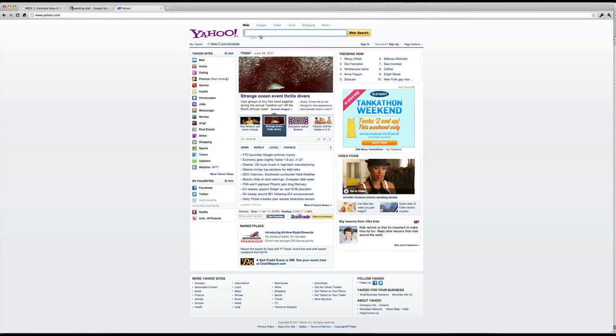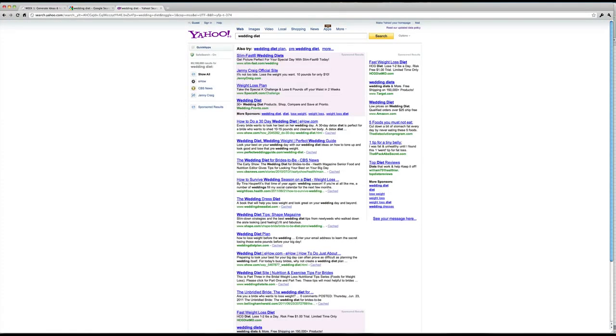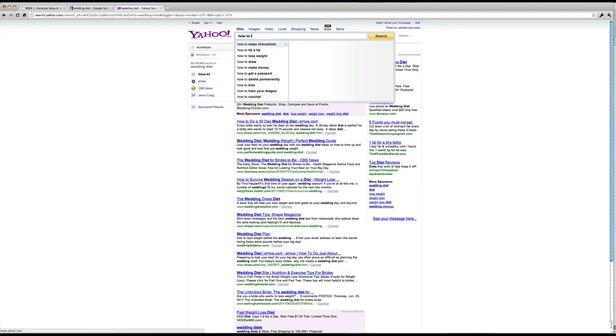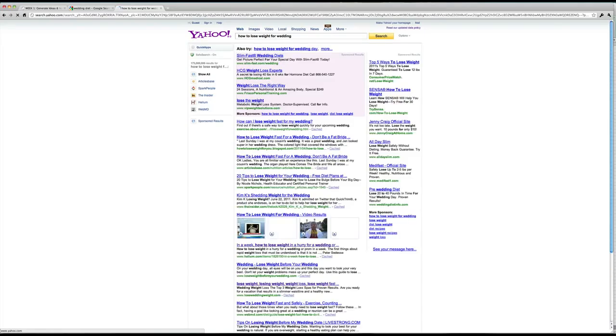Let's look over here on Yahoo and see if we type in wedding diet. All right, there's a lot. Well, there's more. The Diet Solution Program, six-pack abs. Okay, so there's more there. How to lose weight for wedding. All right, and there's ads there. Okay, and let me show you another test that you can do